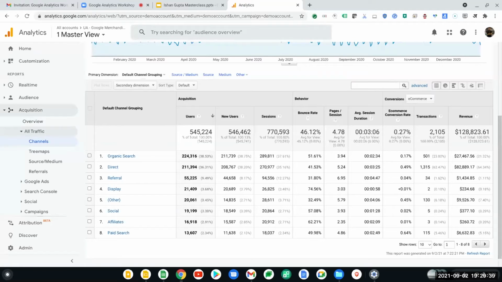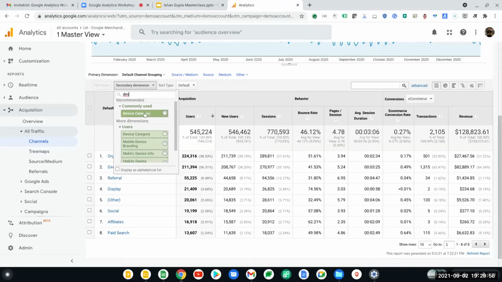Maybe the landing page is not optimized for mobile, and that is the reason I see high bounce rate from mobile as compared to desktop or tablet. So you have something called a secondary dimension. For example, I can add a secondary dimension of devices here, and there are different other options as well. You can feel free to explore.